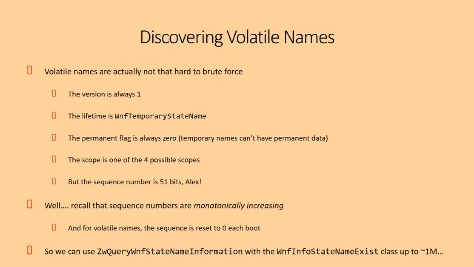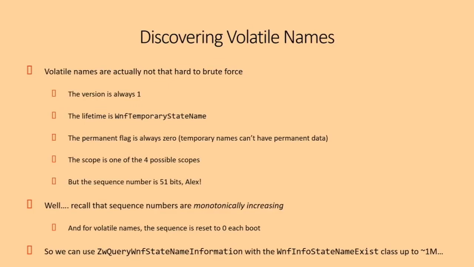Well, how are you going to brute force 51 bits? You don't have to, because remember, the sequence number is a monotonically increasing number that starts at 0. So for permanent names, those are in the registry. But for temporary names, remember that it gets reset. So once you reboot the machine, how many state names can there possibly be? 20,000, 50,000, a million? Let's say a million. So I just loop from 0 to a million, try all the sequence numbers,